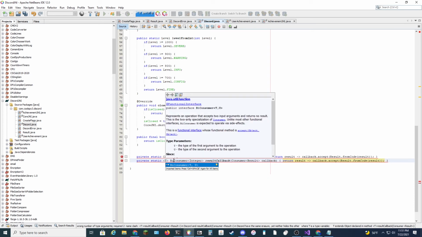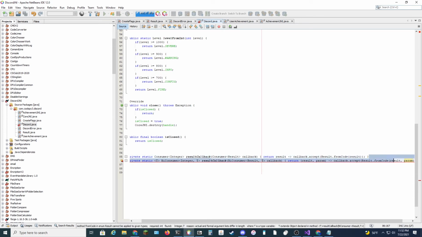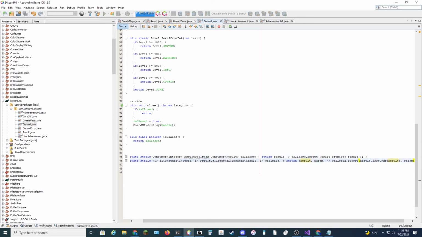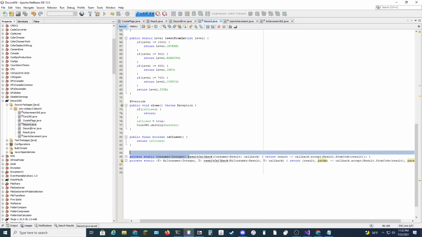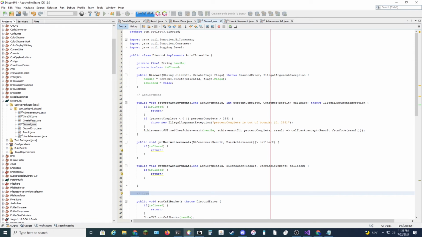By consumer result t callback. There, param, and this actually goes there. So now we have a few small little functions which will take a consumer, which is supposed to take a result, and convert it into one which instead takes an integer, so that we can pass it into the JNI functions easily. Which means that